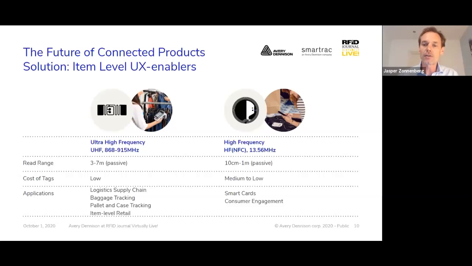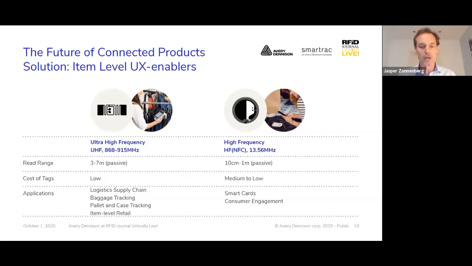If you look at high frequency and NFC technology, that is only 10 centimeter to 1 meter read range, so you need to be closer. It is higher in terms of price of the tags compared to UHF. And where you see it predominantly is in smart cards, payment cards, access control, so access cards, and it's also used for consumer engagement. A typical thing that you see with HF tags, they can be read by your phone,